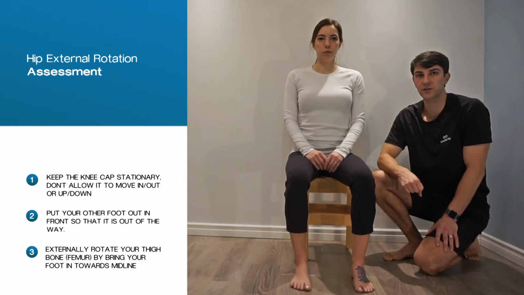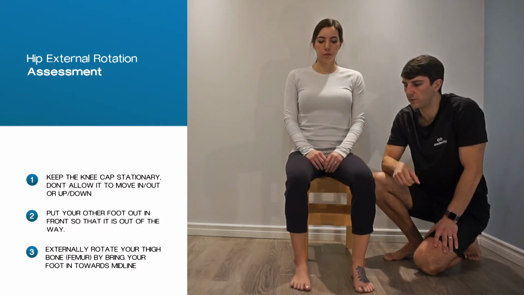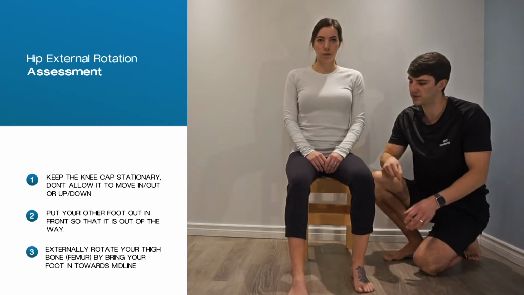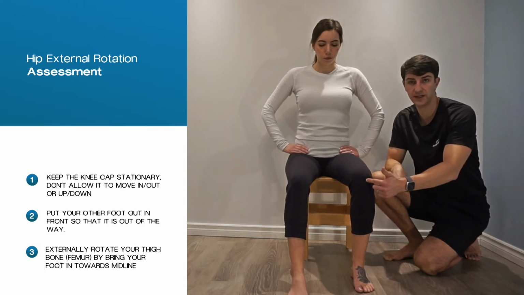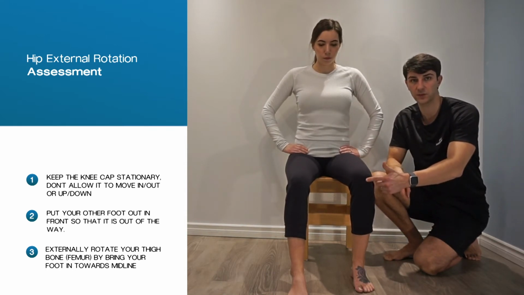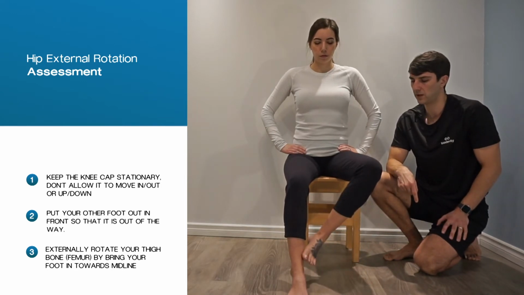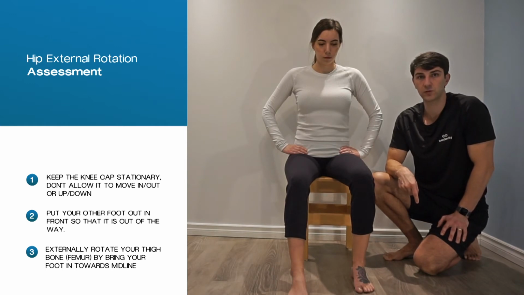Next is hip external rotation. Start by moving the other leg out of the way, so bringing the foot forward. The rotation is happening in the left hip bone, so again we're trying to keep the kneecap as stationary as possible. Bringing the foot into the midline and then back to neutral. So 2 repetitions would look like